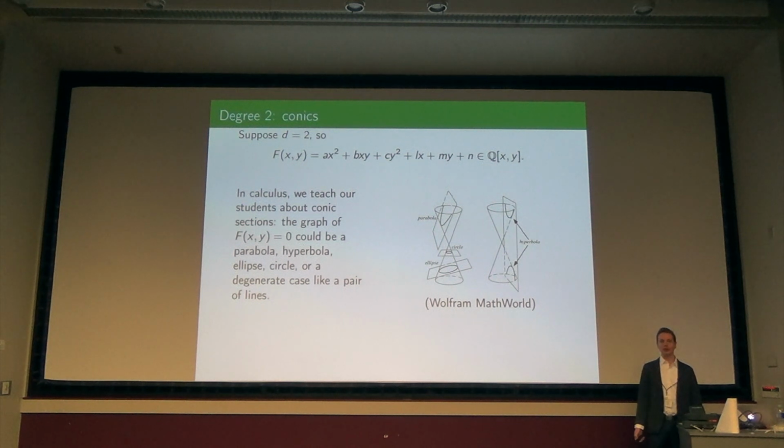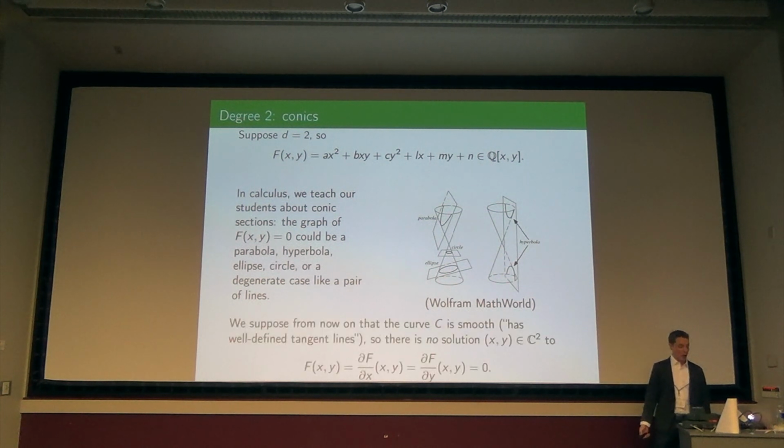And some of you are teaching calculus now, or I imagine some of you will, or have recently. How much time do we spend talking about quadratic equations? Quite a lot, right? We describe it to our students as coming from conic sections, and depending on the signs and what monomials actually appear, you might get a hyperbola, or a parabola, or a circle, or an ellipse, or sometimes a case that's degenerate, like a pair of lines. Okay, but that's how you should be visualizing the curve. You could probably teach that as well as I could explain it.